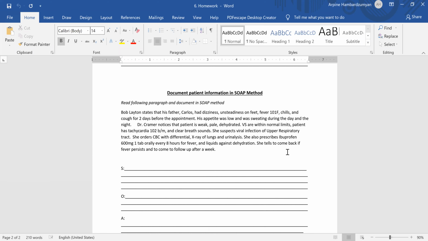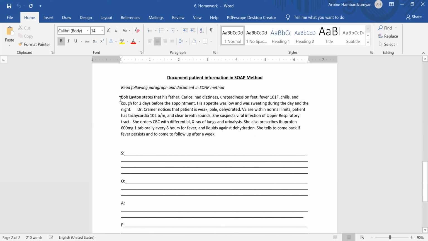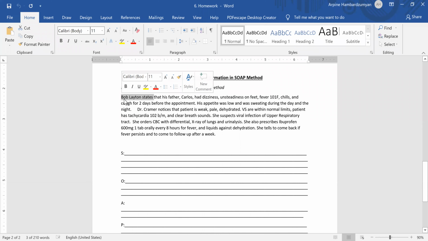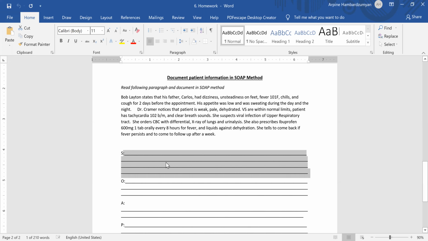So this is what Bob Layton states. This is subjective. Yes, this is caregiver information: my father has dizziness, unsteadiness. Can you check the patient's dizziness? No. You can see somehow unsteadiness on the feet, but fever you can check. Yes, this is vital signs, but you have to document. So in subjective, you put patient states or patient complaints, chief complaint or present illness, and you put here everything that you heard from the